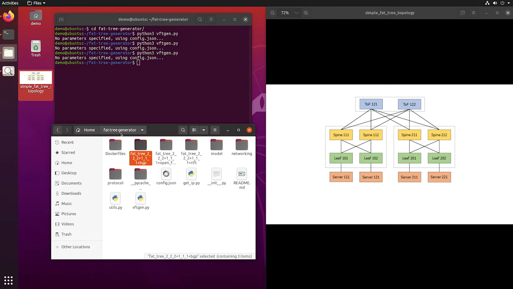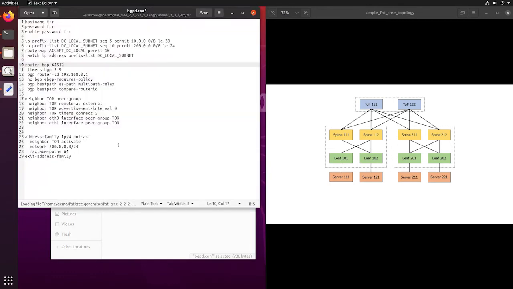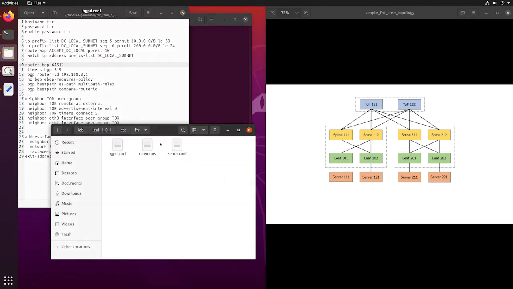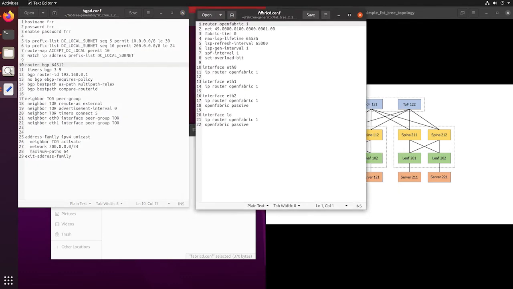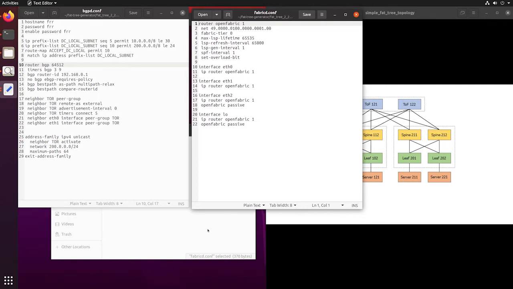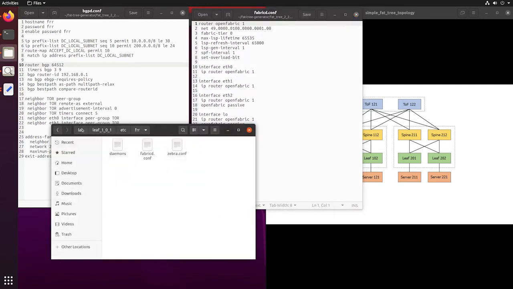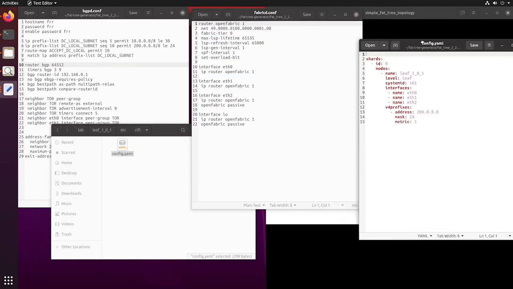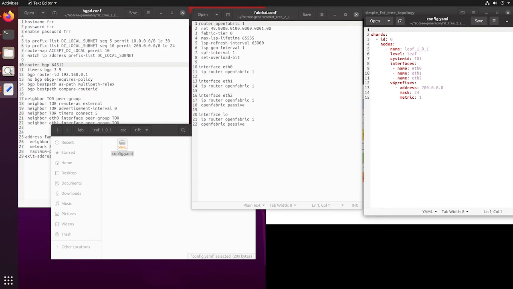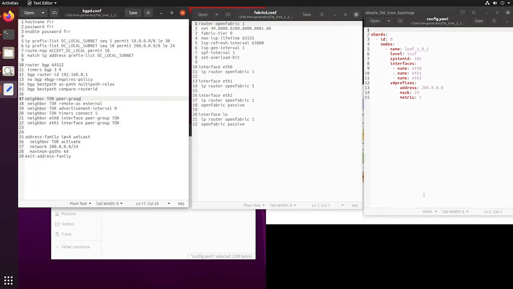Now, I'll briefly illustrate the configuration for each protocol. Starting from BGP, here's an example of Leaf configuration. We use state-of-the-art configuration derived from the BGP in the data center RFC. This is an OpenFabric Leaf configuration. We use ISIS best practices for data centers since this protocol is a variation of it. Finally, here is a RIFT-Python configuration file. RIFT configuration is minimal since it supports zero-touch provisioning mode, and each node will fully configure itself after being started.